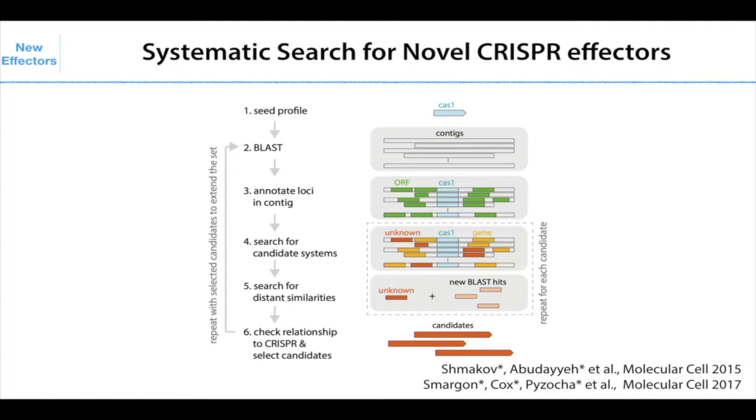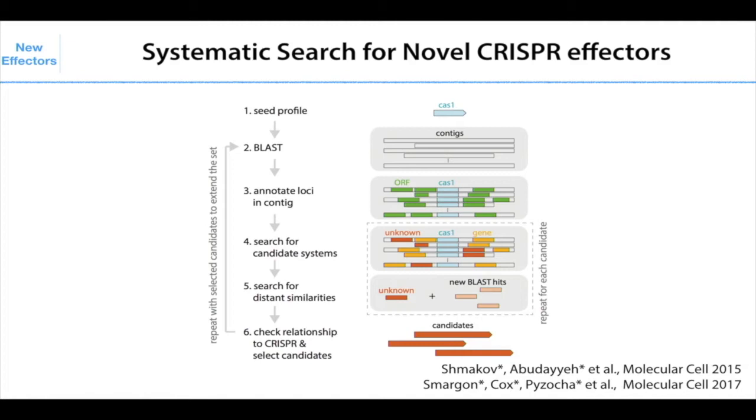We collaborated with Eugene Koonin, and we set out this pipeline to be able to discover novel class 2 CRISPR systems. The way this works takes advantage of the very idea that CRISPR systems are bacterial. That means genes that are related to the same function, genes belonging to the same CRISPR systems, are most likely encoded within the same operon. And so nearby genes sort of suggest the function of their neighbors.